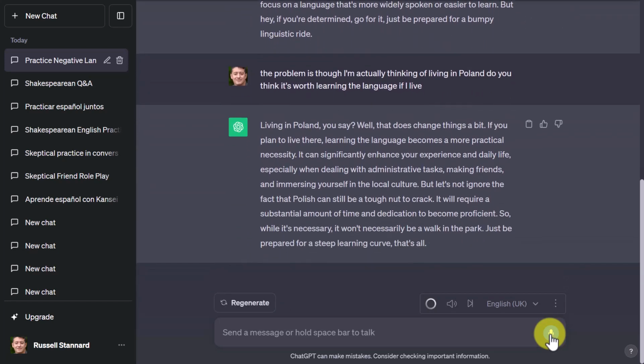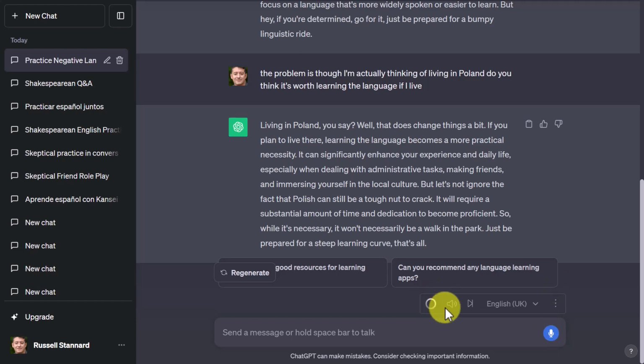Living in Poland, you say? Well, that does change things a bit. If you plan to live there, learning the language becomes a more practical necessity. It can significantly enhance your experience and daily